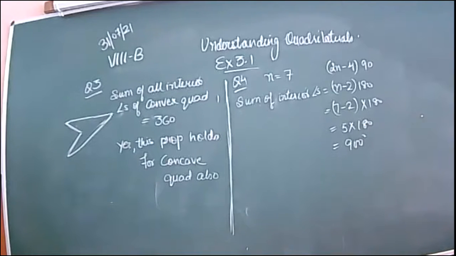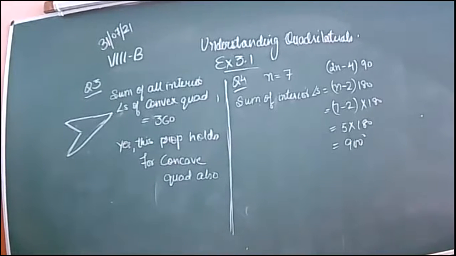Now start question number 6. Find the value of x. You know that the sum of all the 4 angles of a quadrilateral is 360. Now take the sum as 360 and get the value of x. Hurry up, do all the parts. That's very easy. You all can do it on your own. I'm waiting. You please all give me the answer one by one. 6th question, first part.